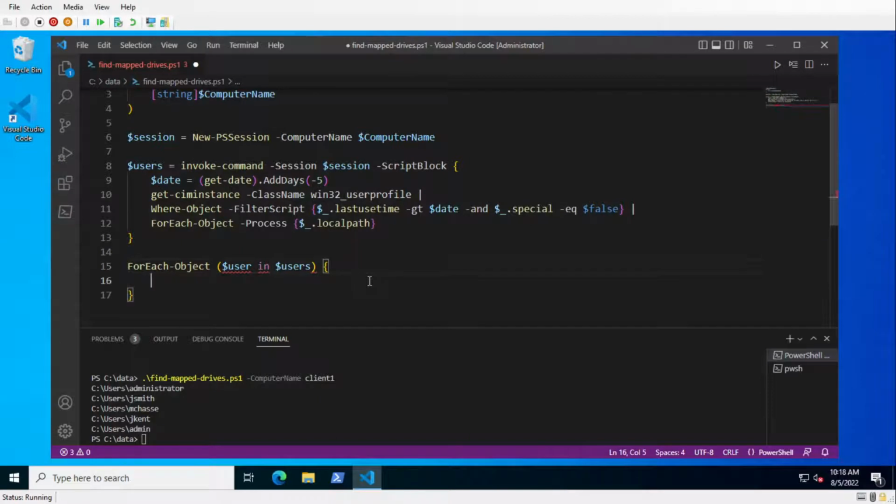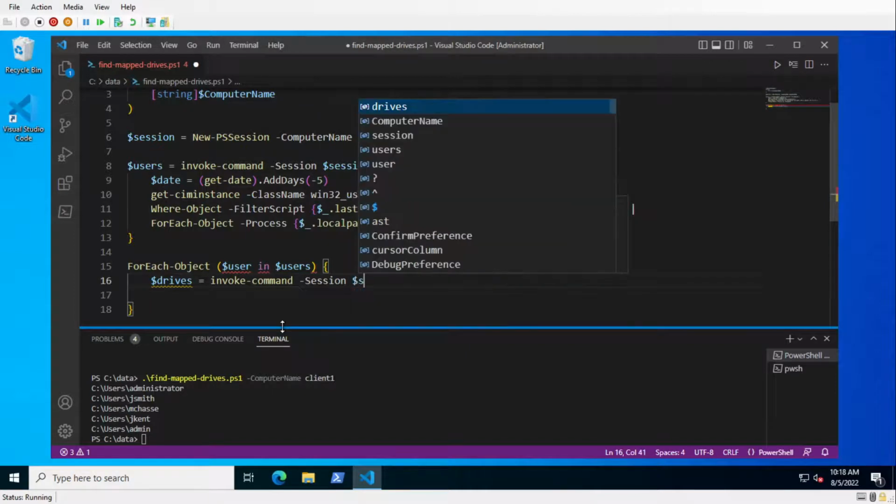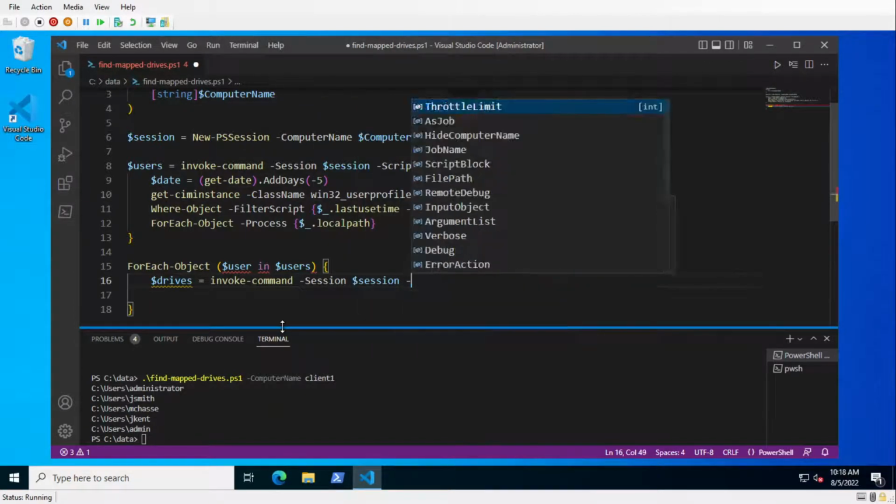Then we're going to have a script block, and we'll start grabbing some drives. Again, we might have more than one result here. So basically we're going to loop through each user. We're going to save in a variable called $drives whatever the output is from the next batch of commands I'm about to do. So Invoke-Command, session $session, and the script block